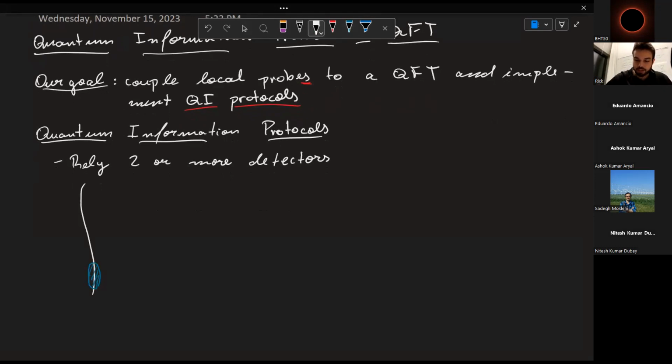Now we want to see what happens when a second detector couples along another trajectory in another region. If we want to transmit information in the standard sense of the word, then we want the receiver, the other system,